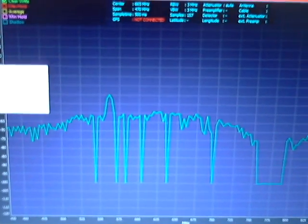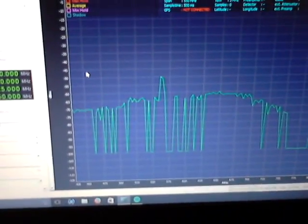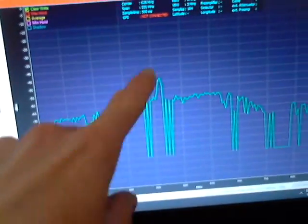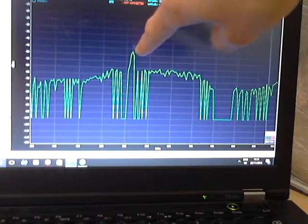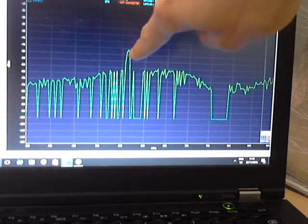He said 400 megahertz is the lower bound. Let's make this 350 megahertz so that we can see the entire spectrum. So I'm now plotting 350 megahertz to 900 megahertz. And this switching on and off is why it sometimes drops down and you see this jaggedy structure. That is basically what he calls spectral components. Let me put it down so you can just look at it in peace and quiet. Like this, okay? So I've got this big thing here, which is always there, and it's at 560. And I measured this standalone peak when I bought